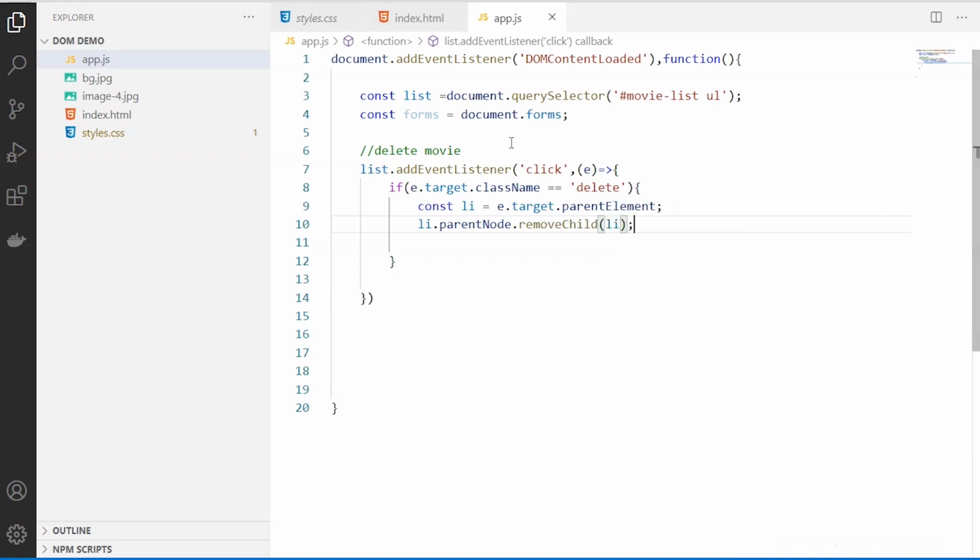So you can see that. The parent node along with both your spans, so the entire li element, I have to remove. So I'm removing it like this. I'm calling this method called removeChild, which is going to remove that particular li element. So now this is with your li.